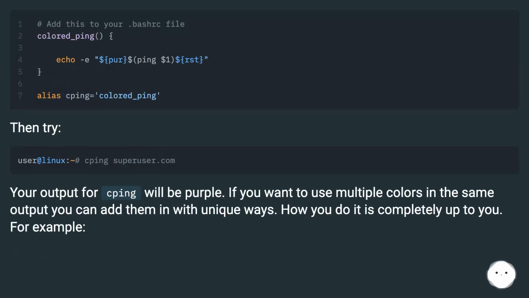If you want to use multiple colors in the same output, you can add them in with unique ways. How you do it is completely up to you. For example,